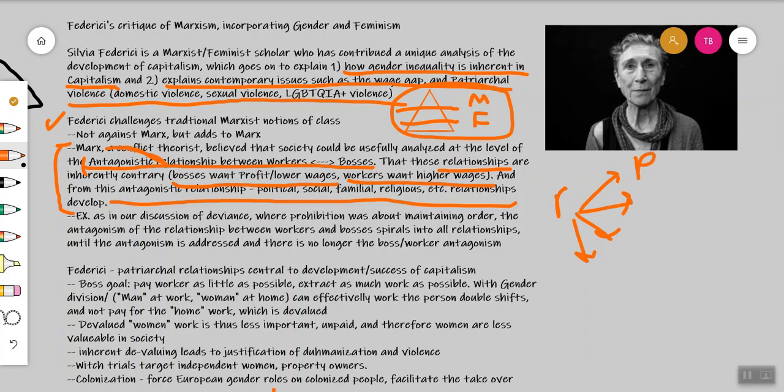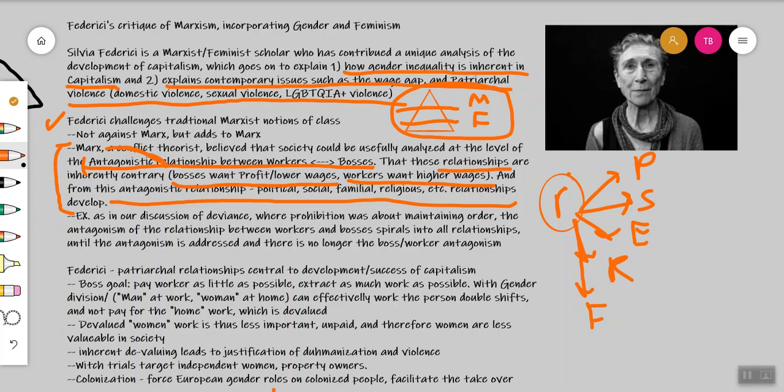So the political, the social, the economic, even the religious, maybe the family as well. So all these realms are affected by this initial relationship between bosses and workers. So these inequalities are cascading. So what Federici does is she takes this as a starting point, essentially the antagonistic part. But she says how essentially this isn't enough to just look at